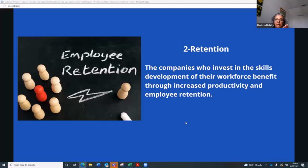So as mentioned earlier, 93% of employees say they will stay longer at a company that invests in their development. And I think that is incredible. This also means that companies are helping to retain their employees by investing in learning and development. Learning and development not only boosts employees' productivity, but it is incredibly important to boost employees' confidence in themselves and